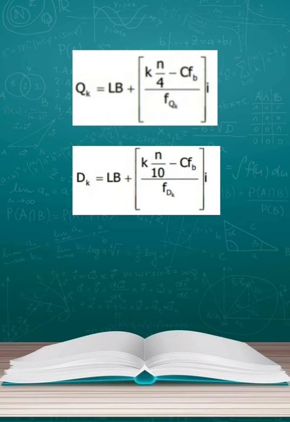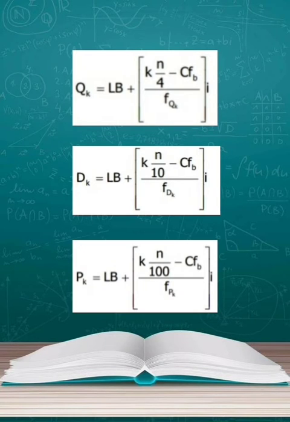Kth decile is equal to lower boundary plus (desired k times sample size over 10 minus cumulative frequency before) over frequency of the kth decile, times I. Kth percentile is equal to lower boundary plus (desired k times sample size over 100 minus cumulative frequency before) over frequency of the kth percentile, times I,